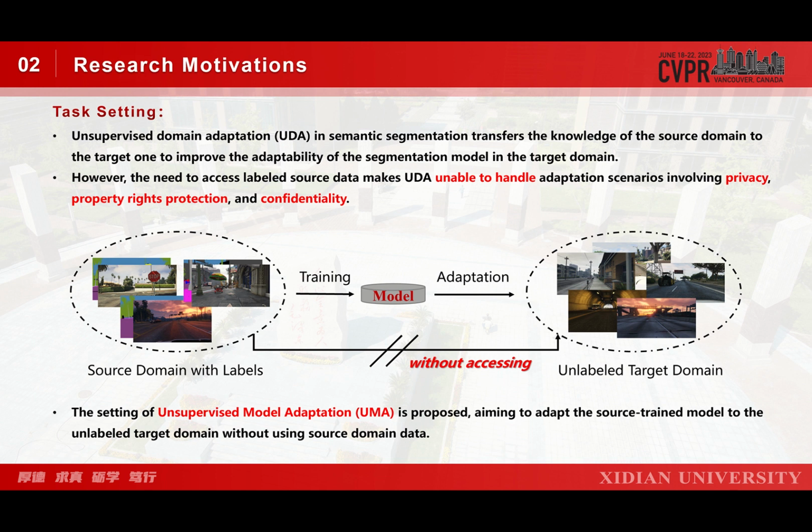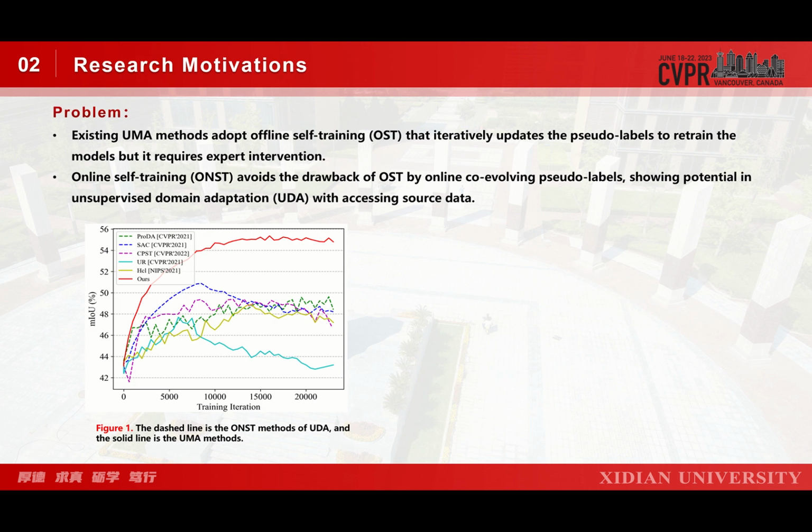Therefore, unsupervised model adaptation is proposed, which aims to adapt the source training model to the target domain without using source data. The existing UMA method adopts offline self-training that adaptively updates the labels to retrain the models, but it requires expert iteration. Online self-training can avoid the drawback of OST by online generating pseudo labels, showing potential